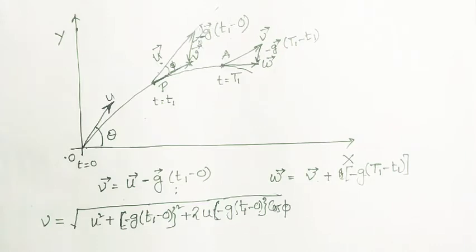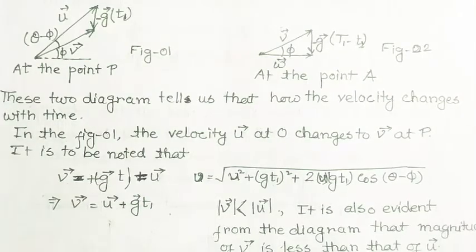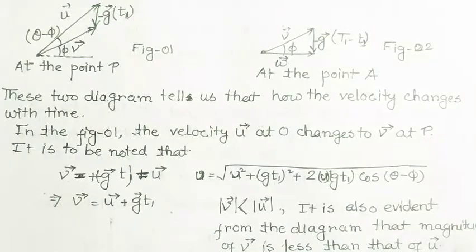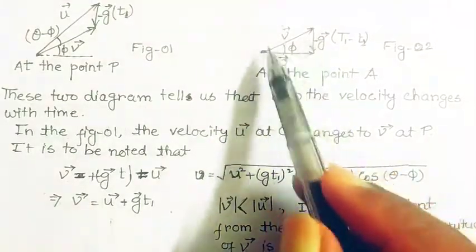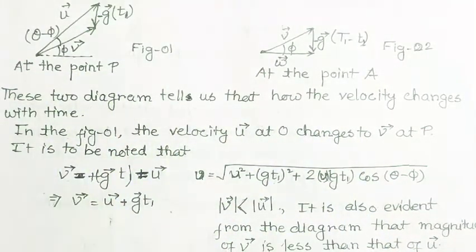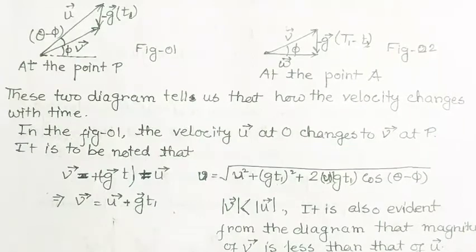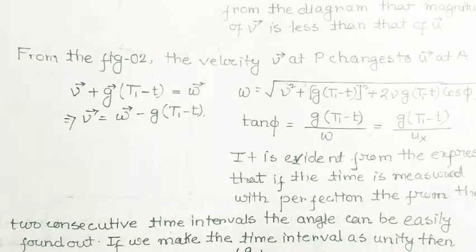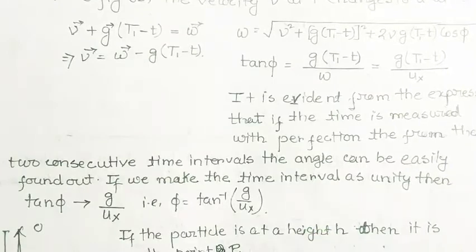So let us check this. We'll check out this thing. I'll not spend so much time here because I have discussed this separately in a separate page in this note. So I think this figure is well known to you. I just drew these two figures separately here. If I draw these two figures separately, then I think these equations are not wrong. And from figure 2, if I just concentrate on figure 2, I can write down these equations and we can find out the angles also.